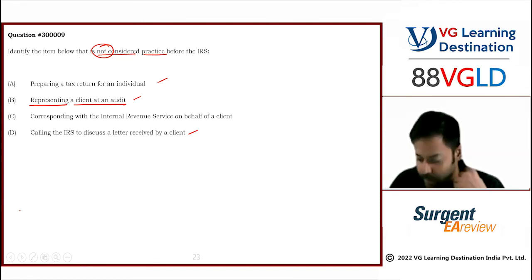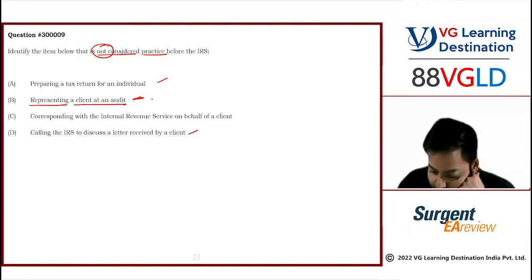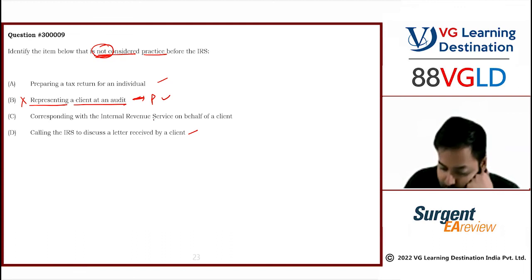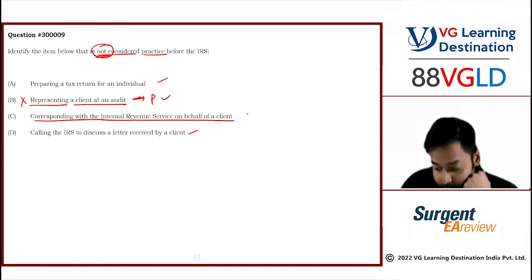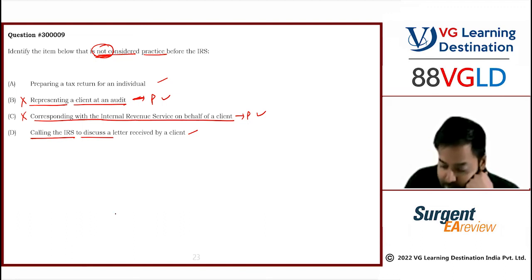You are representing your client. It is very well a practice. Since it is a practice, it is not the answer. We are looking for not a practice. Corresponding with the IRS on behalf of the clients, it is practice, so not the answer. Calling the IRS to discuss a letter received by a client. So